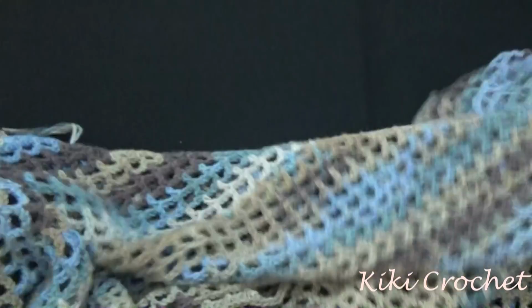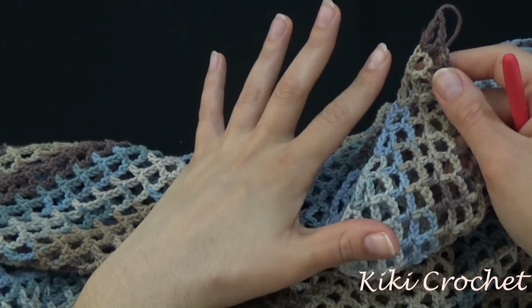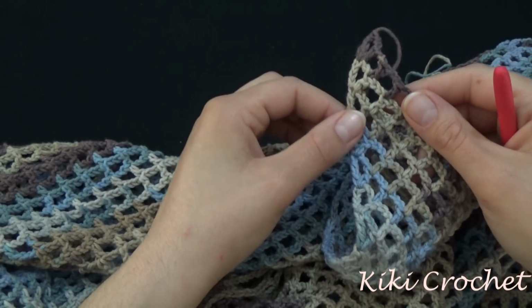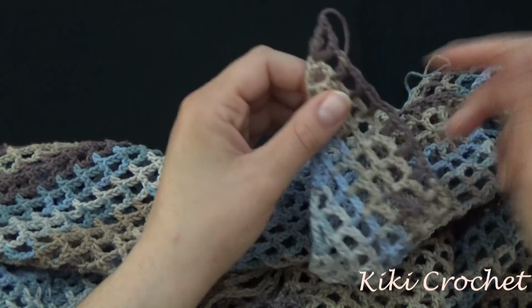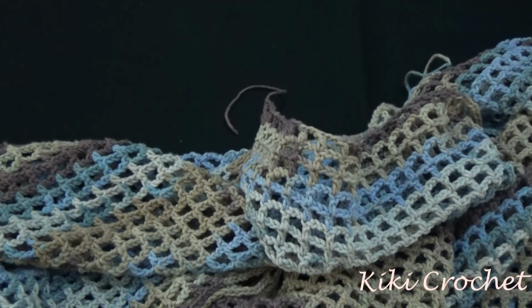Now, if you don't want to work a border all around, what you can do is you're going to finish your work right over here, and what you're going to do is you're going to attach fringes in every stitch right over here, and that's going to be the end of your vest. So if you want to work the border with me, what I'm going to do is